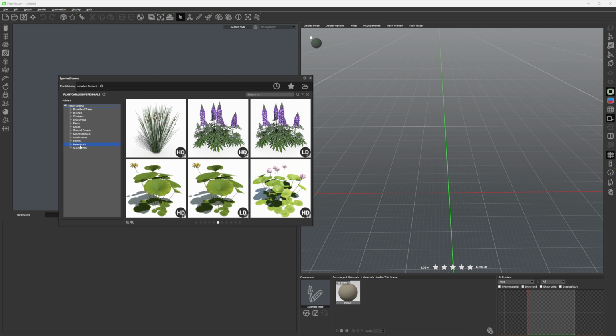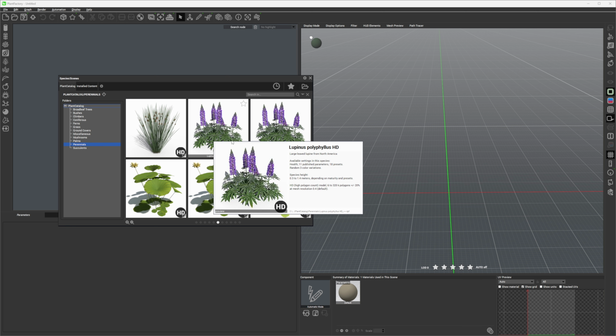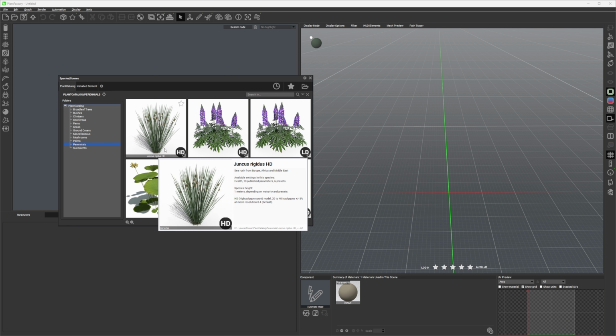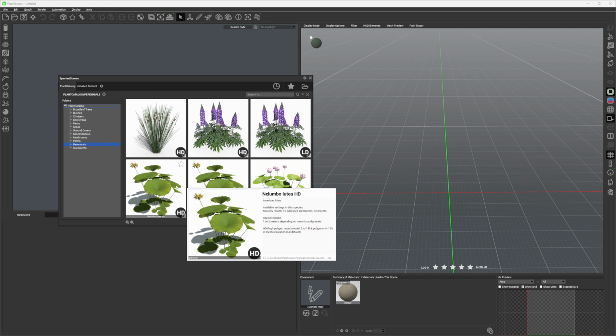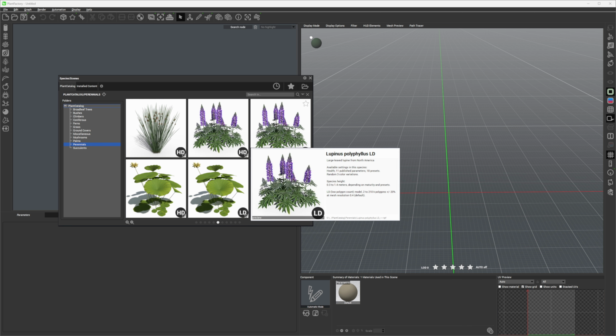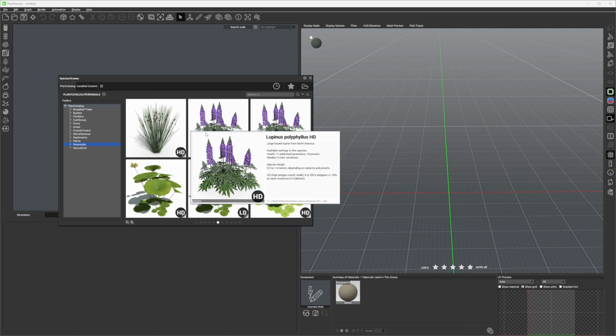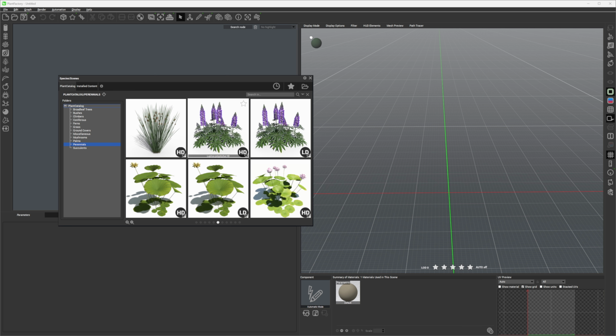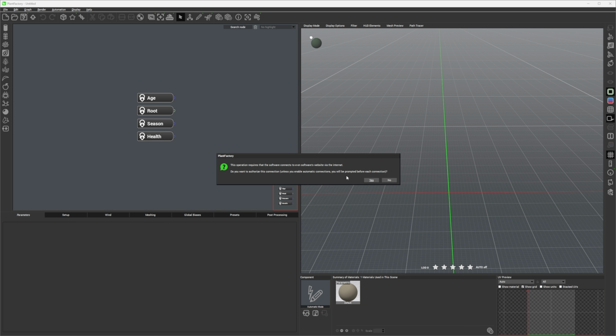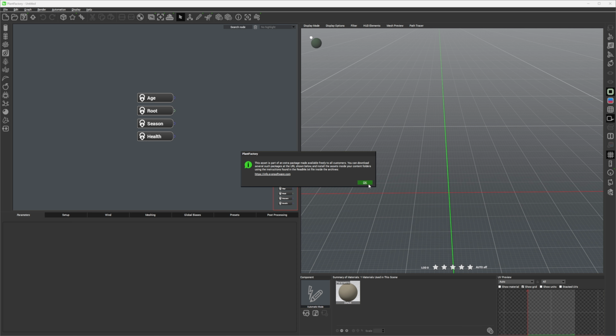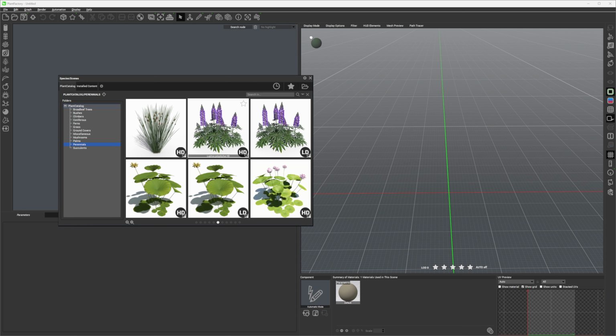So over here in the perennials, I found that this Lupinus polyphyllus is really cool. They've got like the HD or LD in the name, so that means high definition or low definition, and some of them are even RT, which means real time. So I'm going to select this. Obviously we want the HD, and I'm going to press yes,